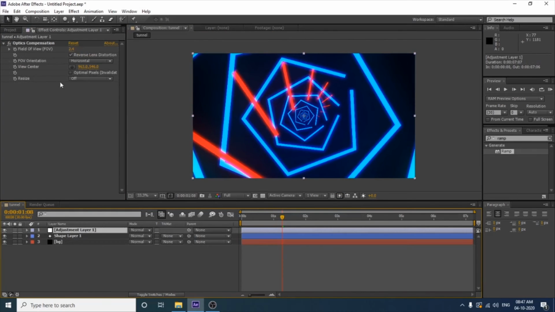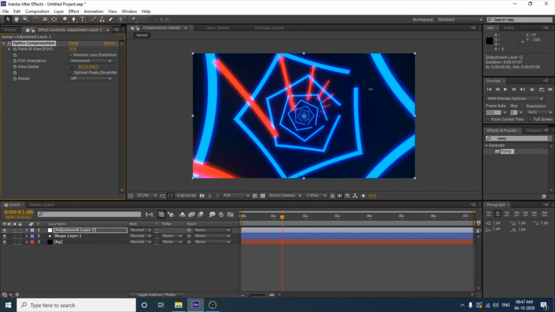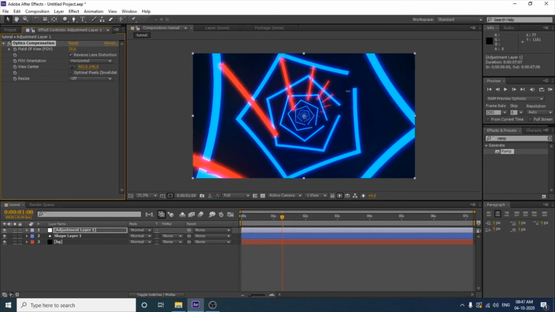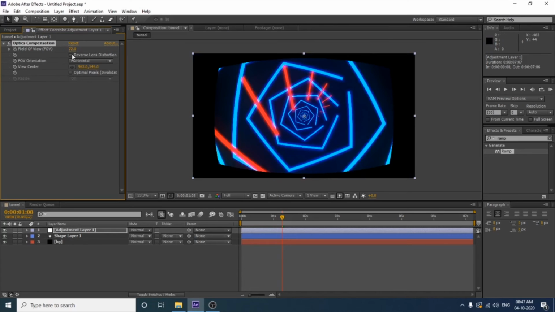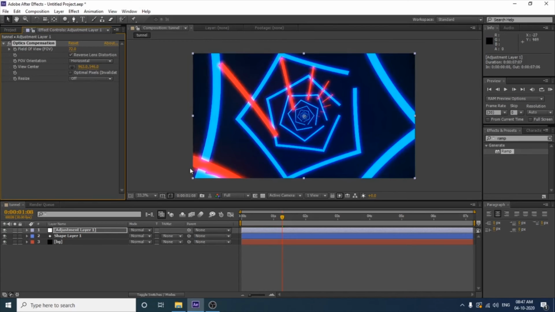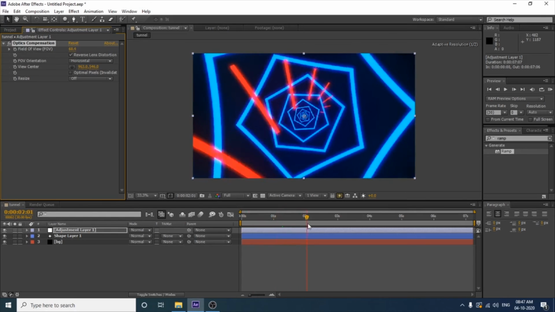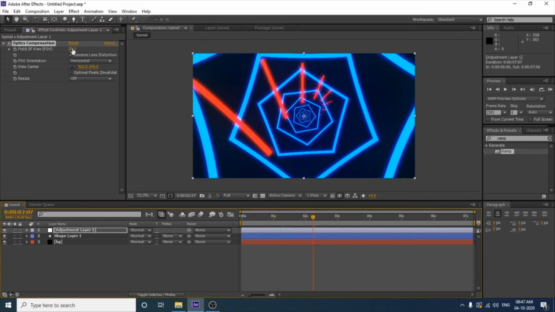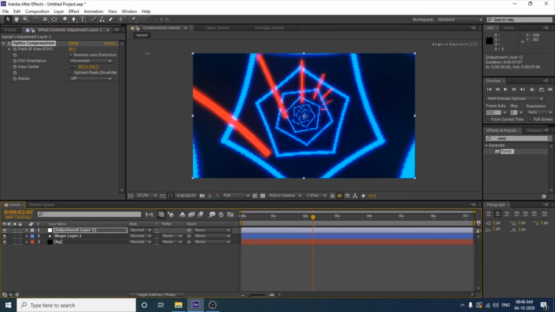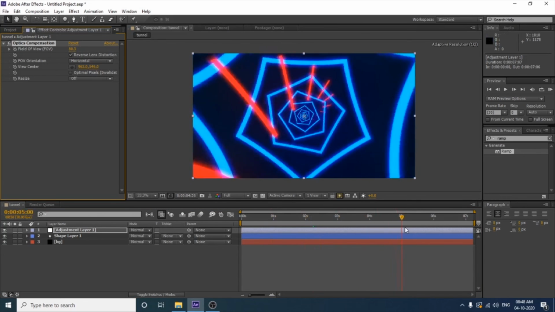Okay, let's try some properties here. Let's try increasing the field of view, make it reverse lens distortion. As you can see, when it comes near, it's transforming to an optic-like effect like this. Yeah, it's perfect.